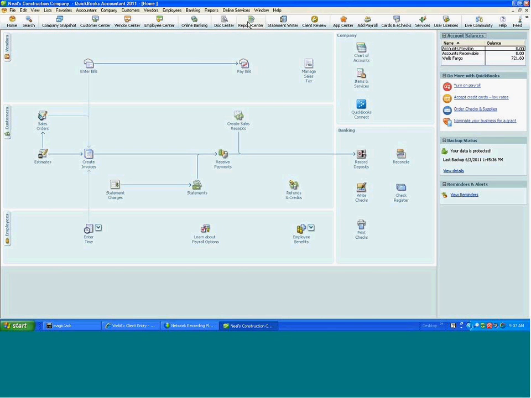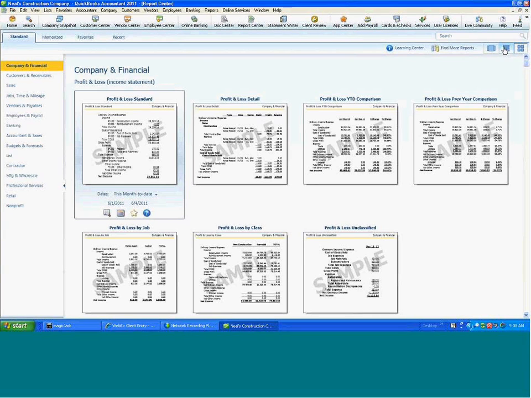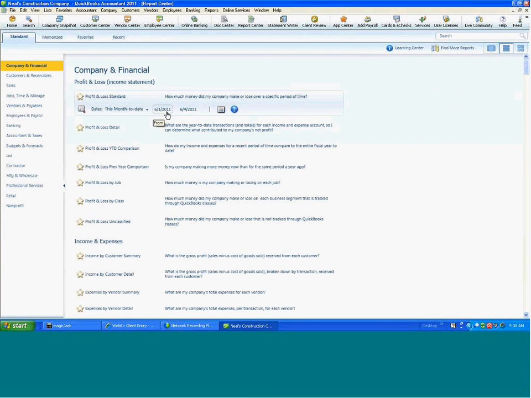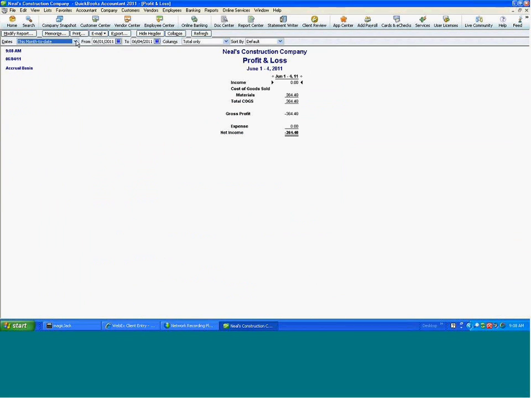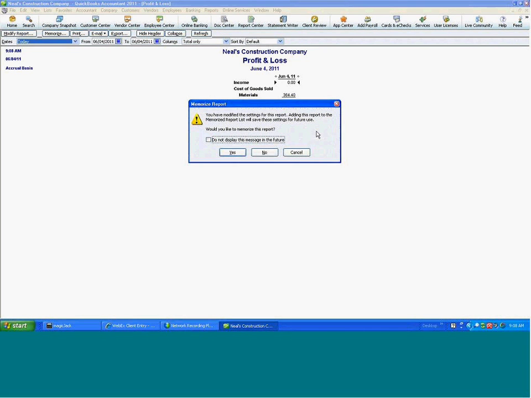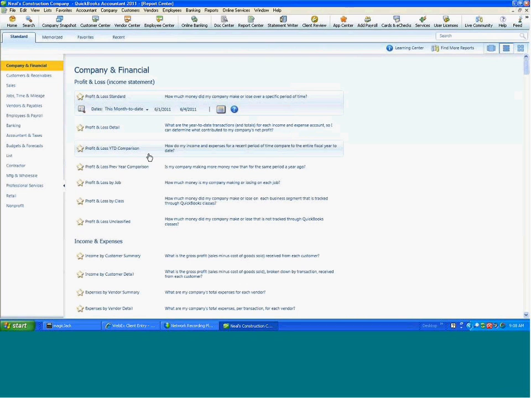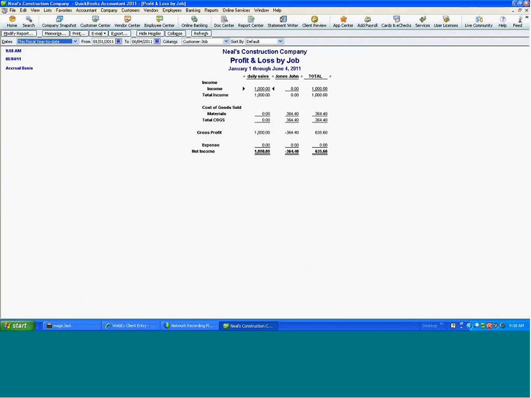It shows as a payment on my bank account. But I can also go to several reports. If I look at my profit and loss, and I'm just going to look at today, there was materials for $364.40. But I can also, part of that, profit and loss by job. Here shows John Jones. I don't have any invoices in that, but I got the materials cost for that job at